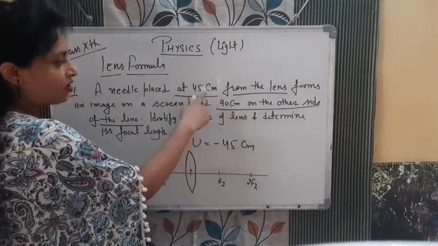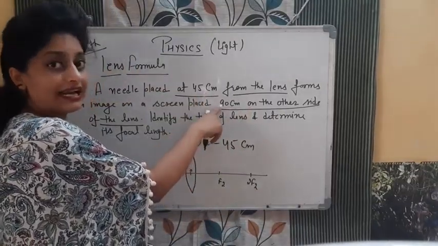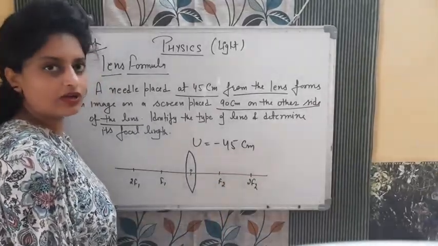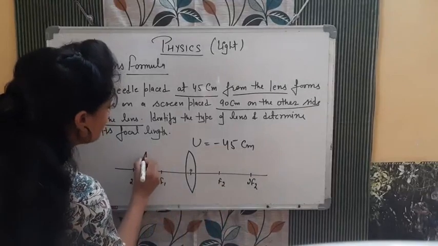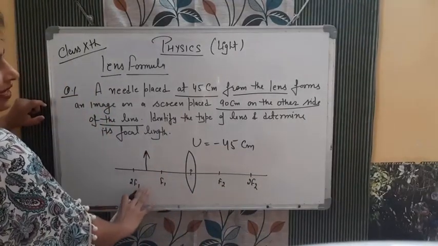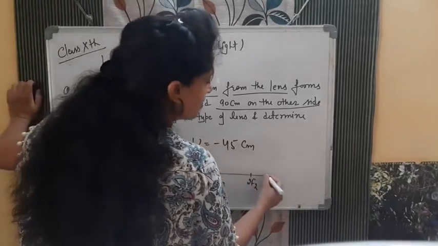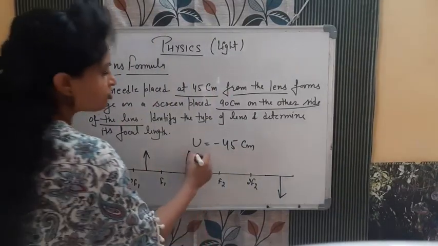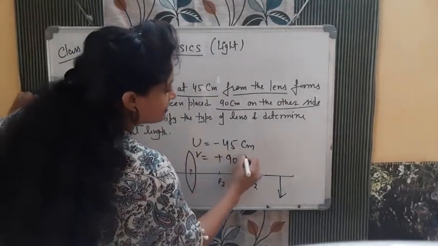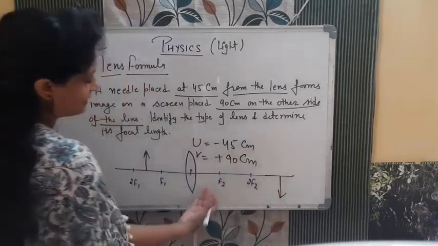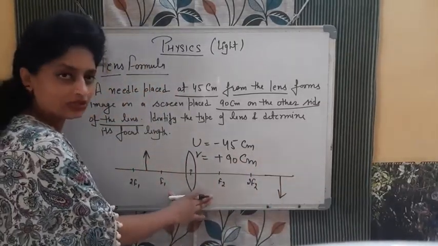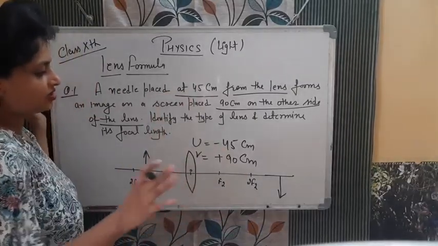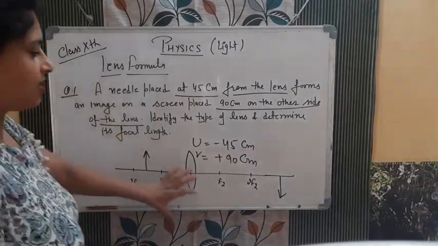So see the question. Object is at 45 centimeters, where is the image forming? At 90 centimeters, very far. The next case would take it to infinity, so that is not possible. So what is the case? Object is somewhere here, between f1 and 2f1, at 45 centimeters. Image is forming somewhere on this side, real and inverted, that is at 90 centimeters. So v is what? Plus or minus? Plus 90 centimeters, because it is on the right hand side, and this is on the left hand side. I am just telling you through this diagram. No need to draw the diagram because the question is not asking about the diagram. I am just drawing it to make you understand how we will go about it.